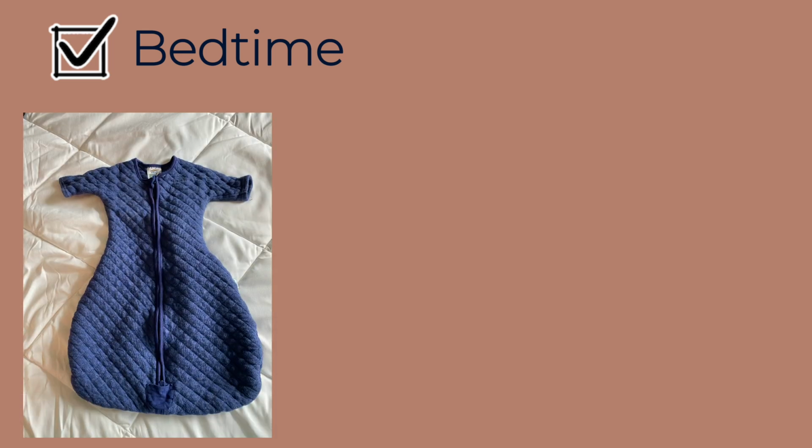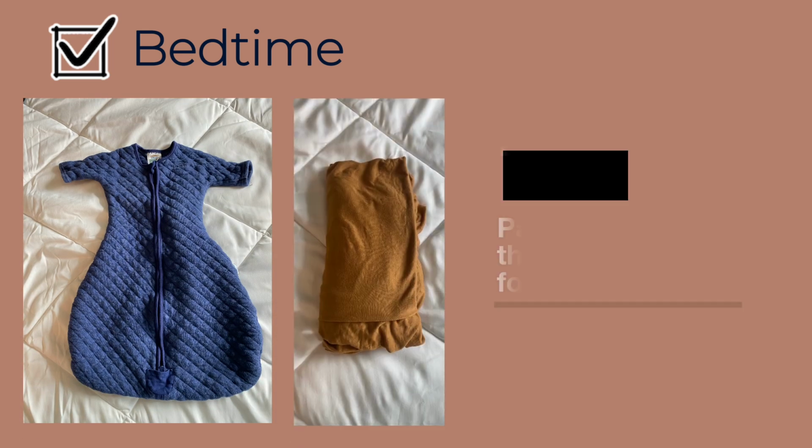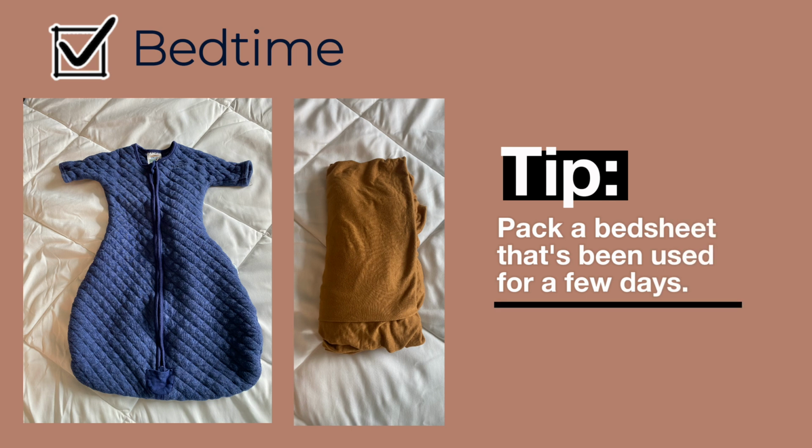Let's start with bedtime because I know that one is always top of mind for me when we travel. I packed her sleep suit and a bed sheet that we can use inside of her travel crib. My trick with these is I actually pack ones that she's worn for a couple days rather than straight out of the laundry. The objective there is just that it smells and feels like home and can be comforting in